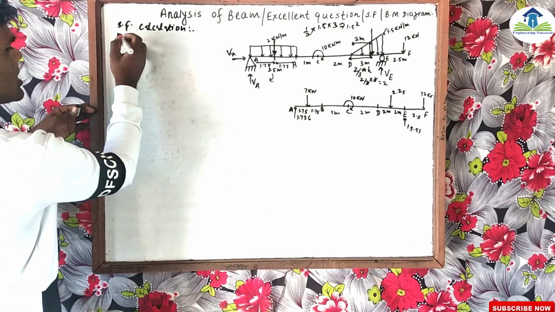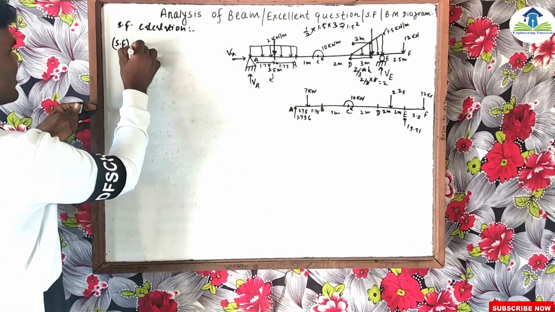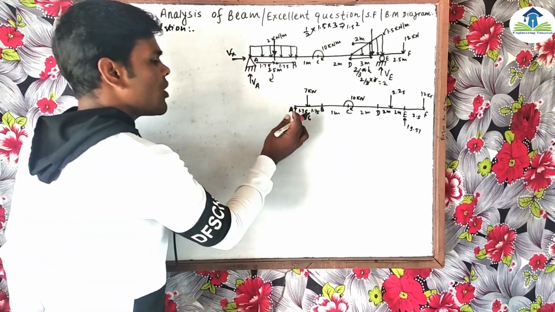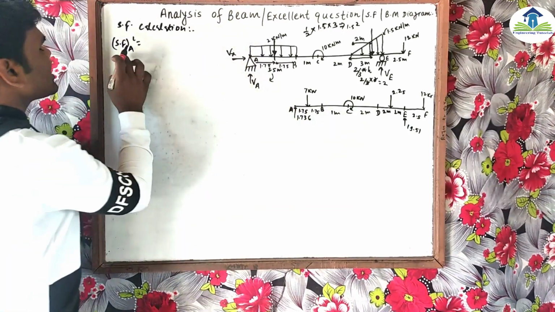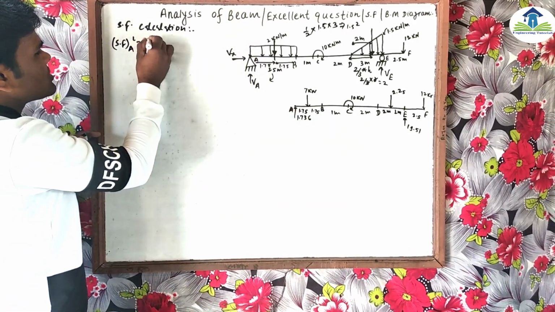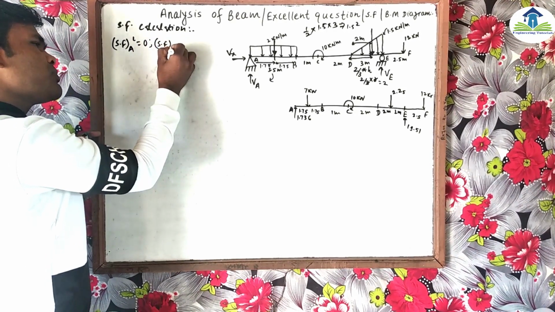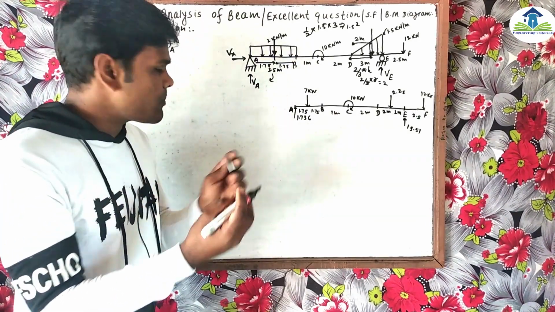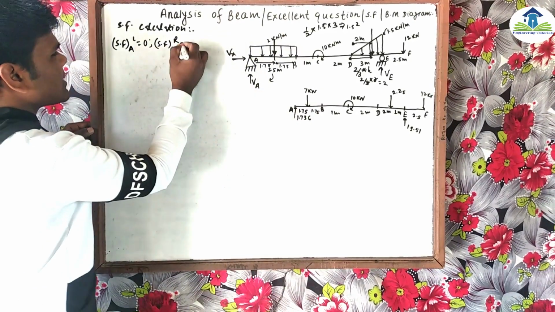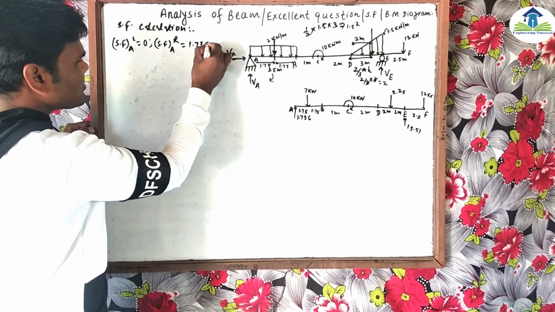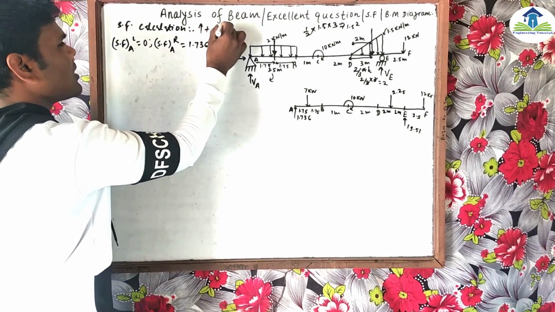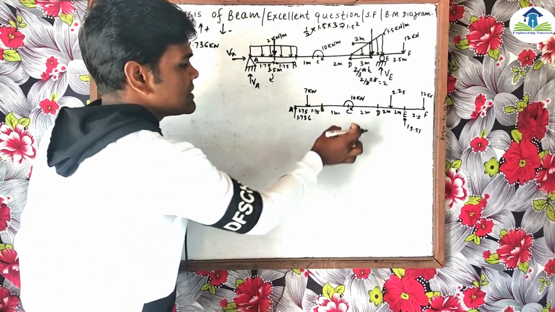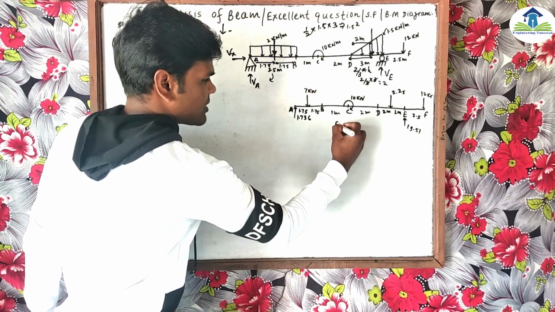Here, for the shear force at point A on the left side, there is no force, so the shear force is zero. For the shear force at point A on the right side, which force is going to act at that point? This is the 1.736 kN acting on the right side. Upward force is positive and downward force is negative here. Now look at this figure, note this is the free body diagram.